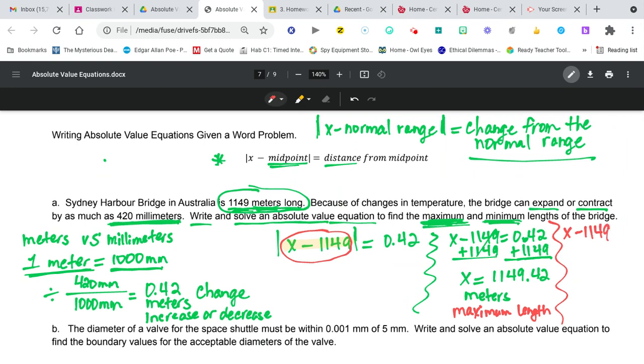And I don't feel like I'm going to have enough room. So let's see what I can do. Yeah, because I'm not going to have enough room there. I'm going to go below here. X minus 1,149 equals negative 42 hundredths. All right, so if I add 1,149 to both sides,